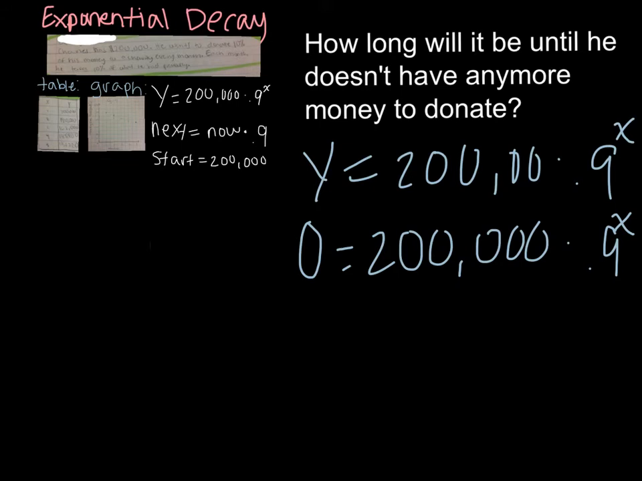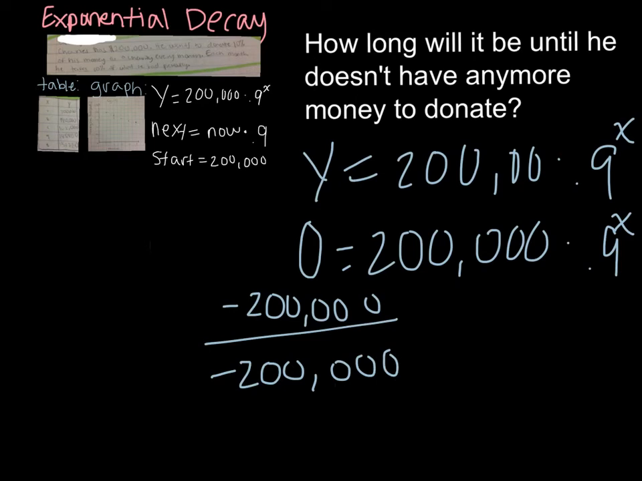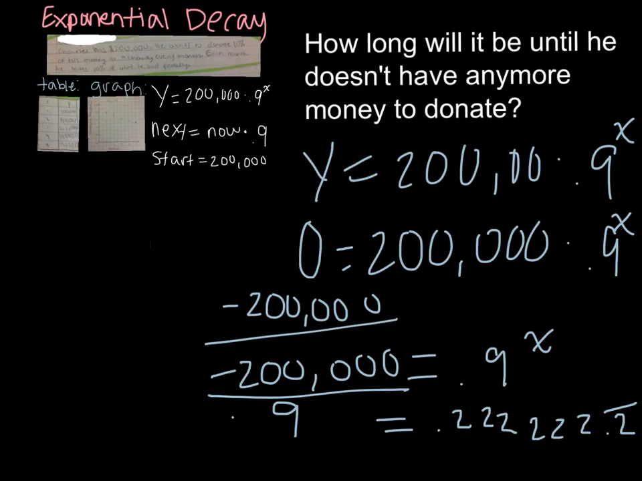So the first thing we're going to do is subtract 200,000 from 0, and that gives us negative 200,000 is equal to 0.9 to the x. The first thing we're going to do is divide by 0.9. So negative 200,000 divided by 0.9 is equal to a long number, and it's not a decimal. There is a part that is a decimal, so that equals negative